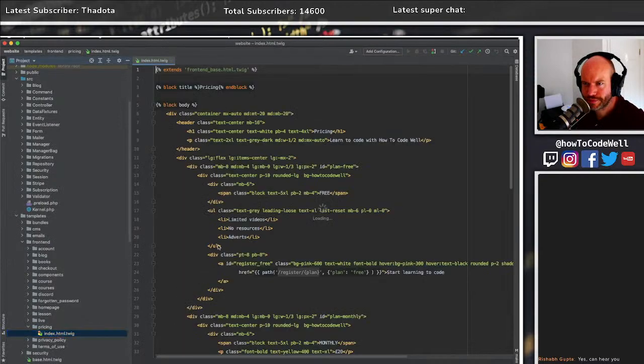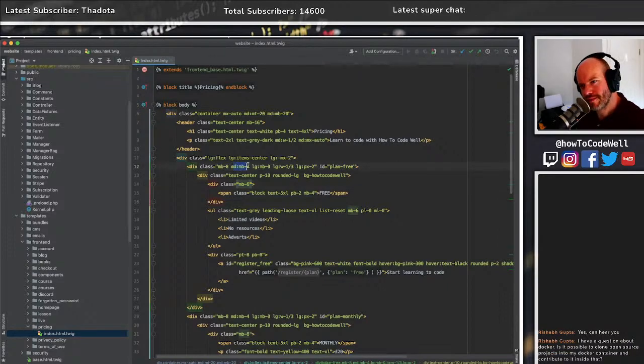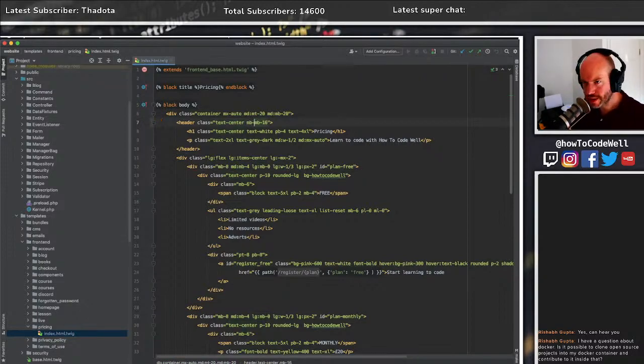Load this up. So it's up here, isn't it? MB of 8. I think that needs to be, and then we've got MD of 4. Oh no, that's margin bottom. Sorry, up here. So that is probably MB of 4, MD of 16.